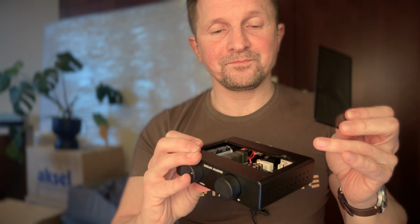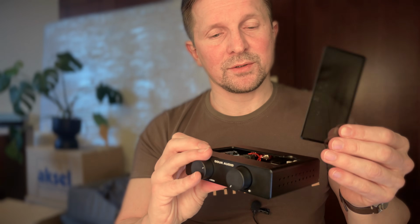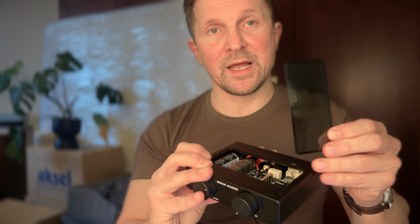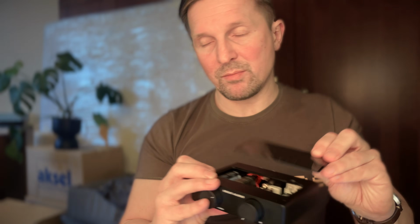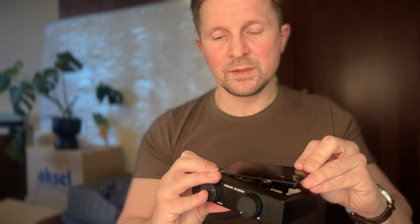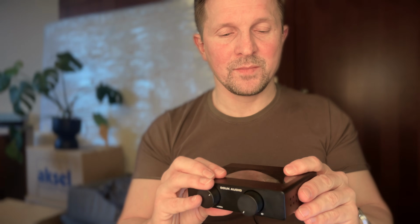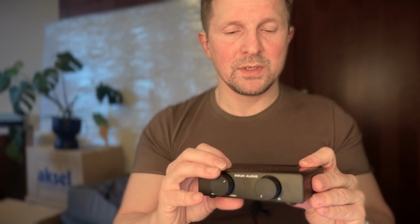this lid is not attached in any way to the chassis, so yeah, it might get lost or damaged when you move the amp, and I move it a lot, so that's why I kept the sticker. But anyway, going back to op-amp swapping,